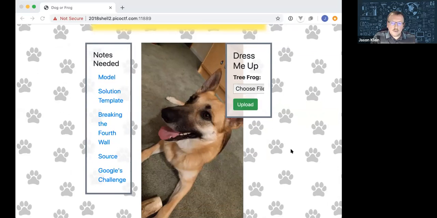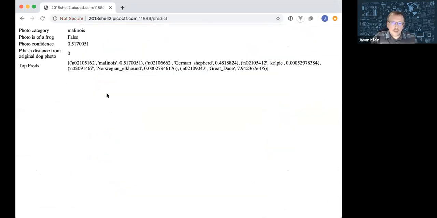So if I take the original dog and upload the original dog file, it'll analyze it and it'll show me some output. Give it a second. And in this case, it even knows the dog type. But is it a frog? No. It's 51% sure it's that particular dog, 48% sure it's another type of dog, and so on and so forth.